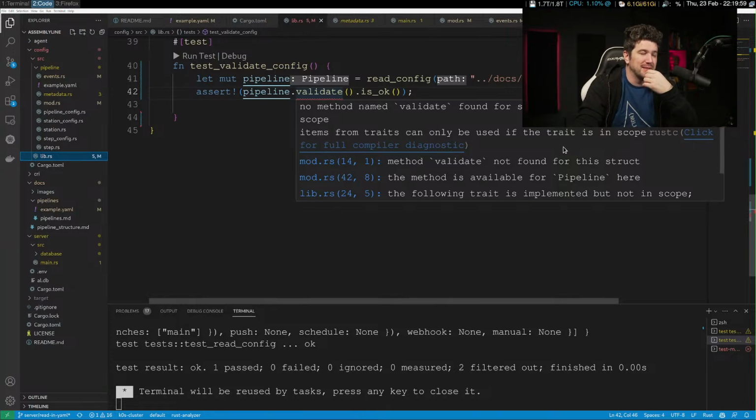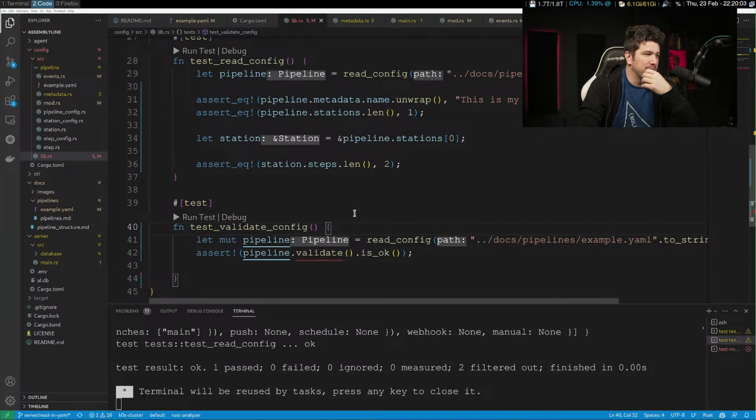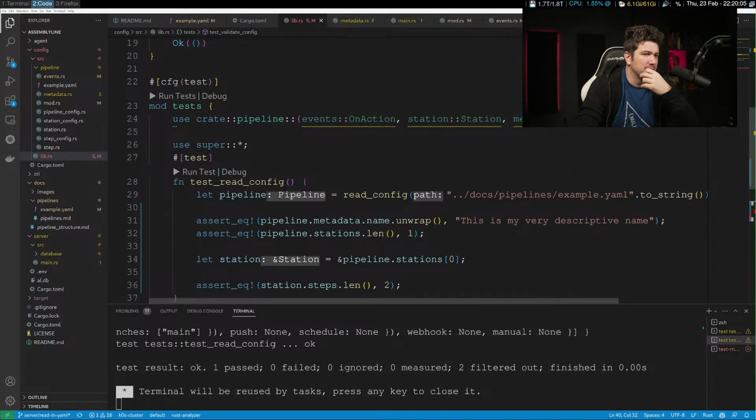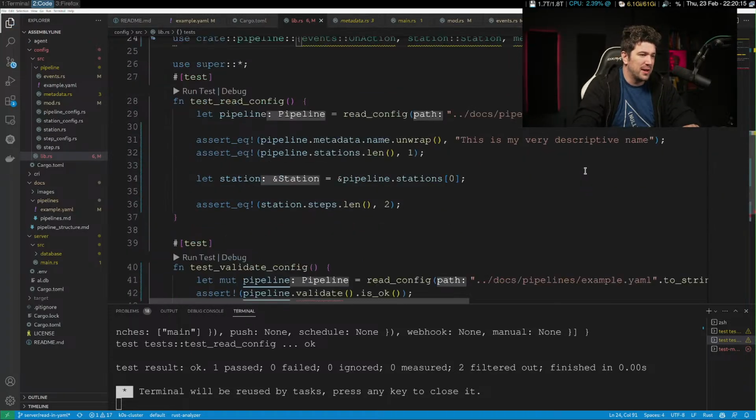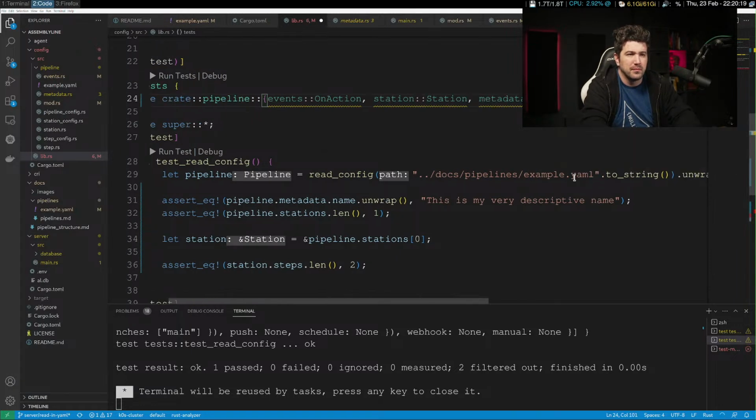Oh, the trait isn't in scope. Okay, so we didn't import it. We can't just do that. We need to, yeah, okay.